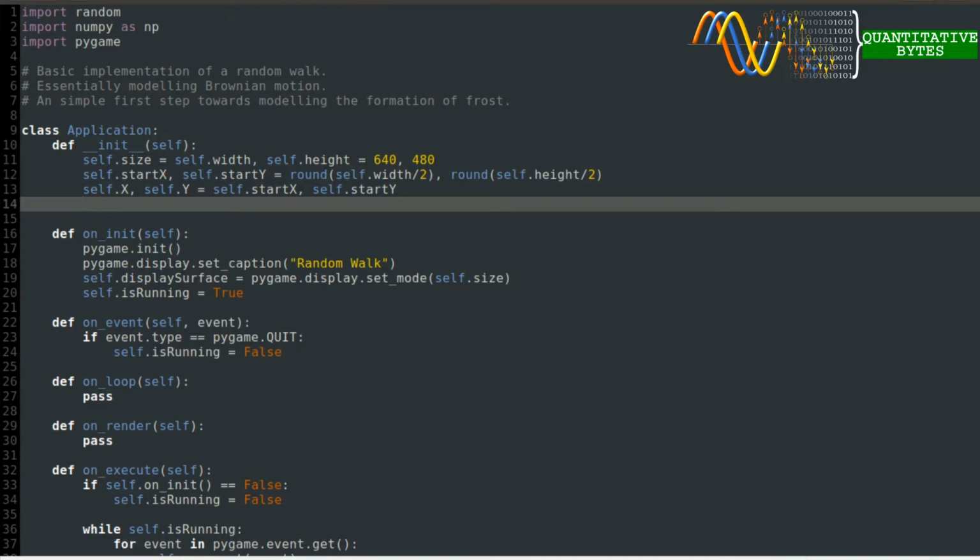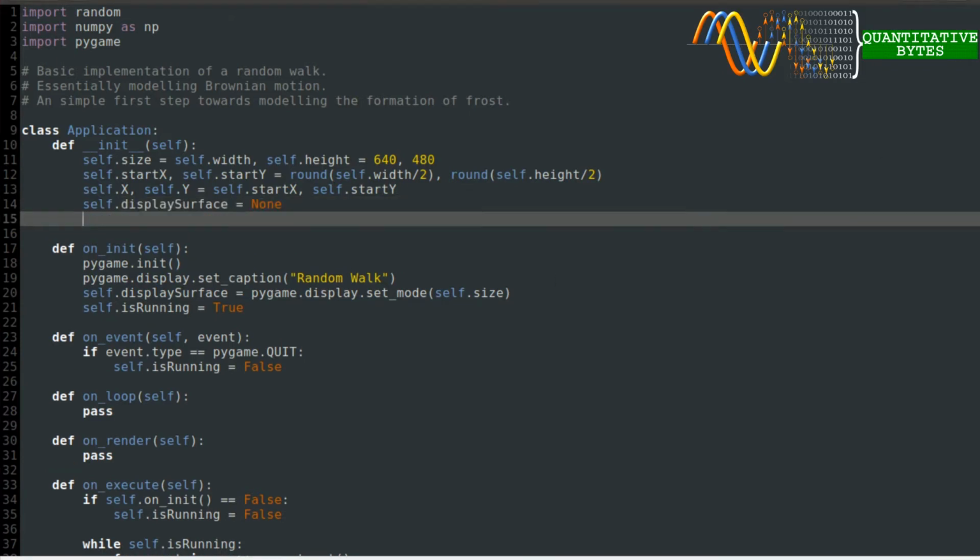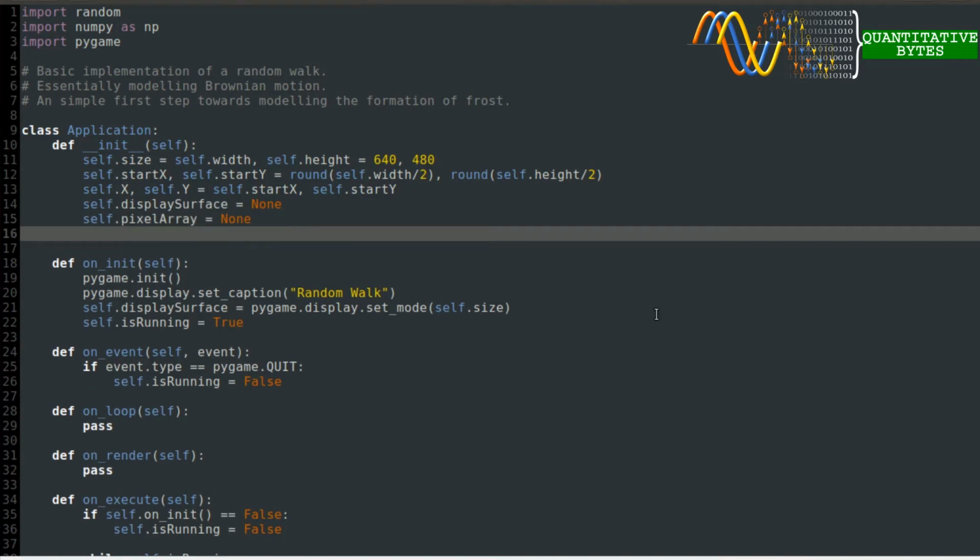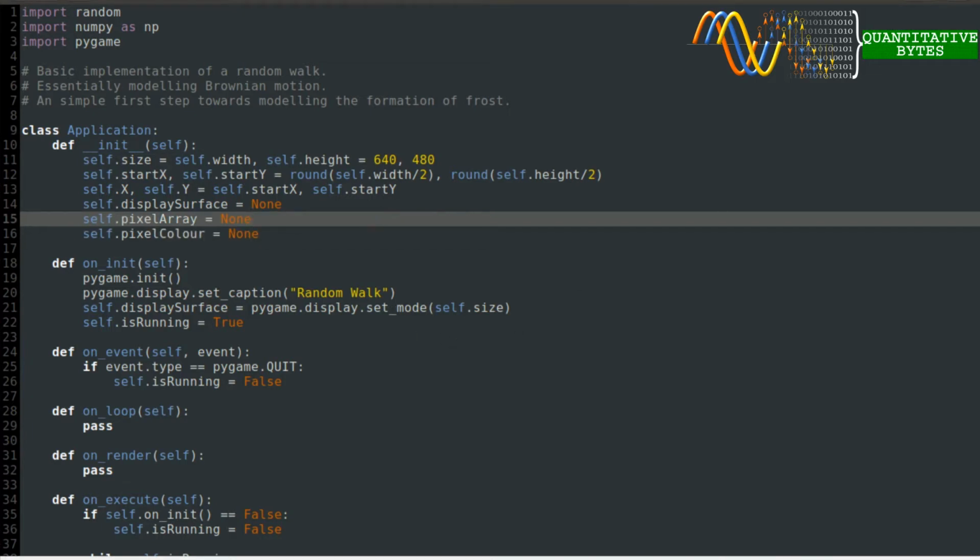And we are using a display surface, so we should, of course, initialize that first. And we're going to use the pixel array method with Pygame so that we can access individual pixels quite quickly and quite easily. Because we want this to be a pixel by pixel process, we're going to create a variable to store our pixel array, and finally we're going to use a variable to store our pixel color. Okay, so now what we do,